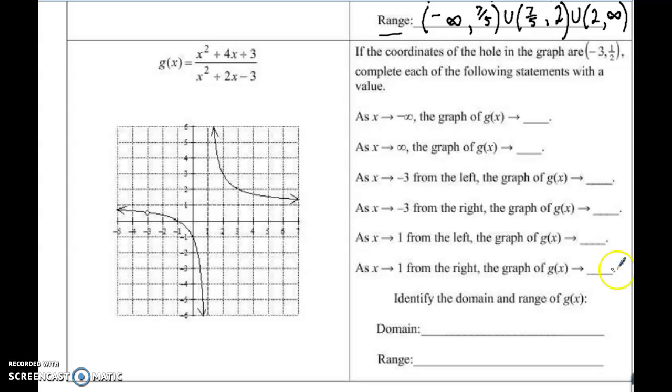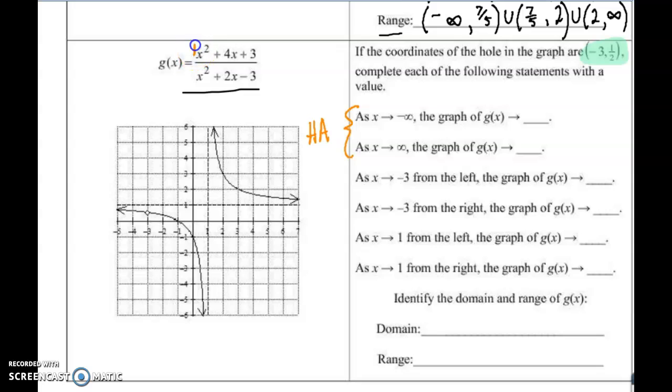So maybe I'll take a step back instead of explaining so much about the graph. You need to look at one of these two, whether it's the equation or the graph, but then be able to answer these questions. But again, notice that they give you the location of the hole, because that'll probably be used down the road. So as a reminder, these first two pieces, x goes to positive or negative infinity, that's basically just asking what's the horizontal asymptote? Well, look at your graph, or